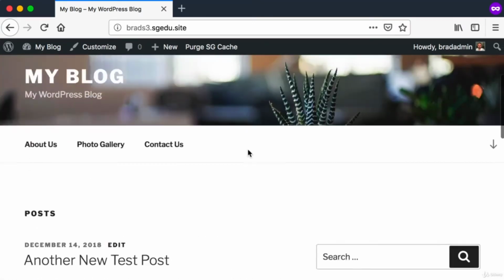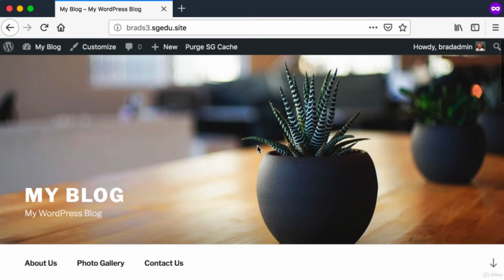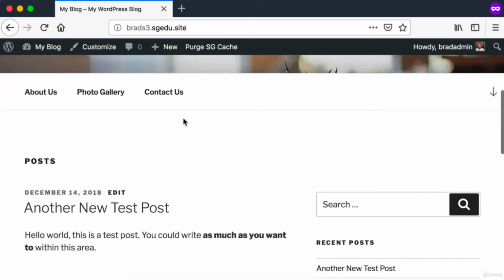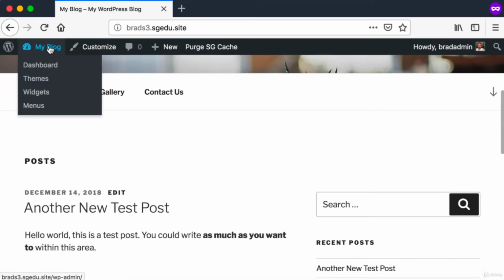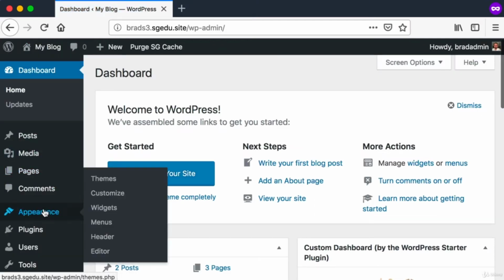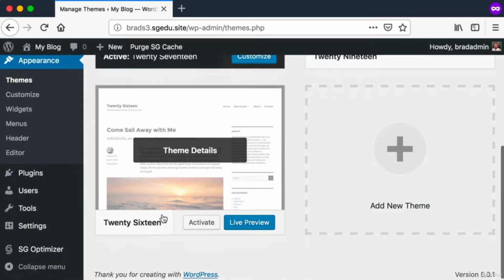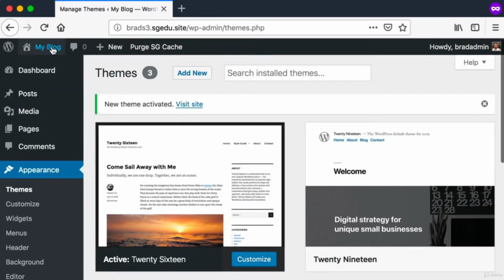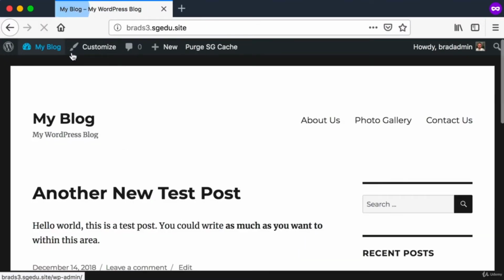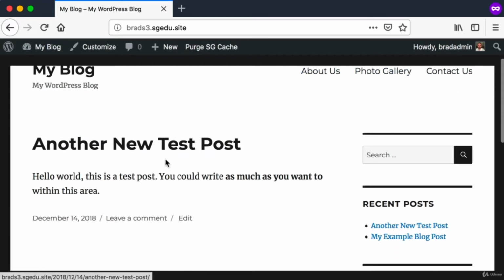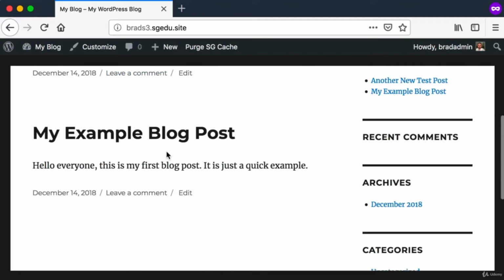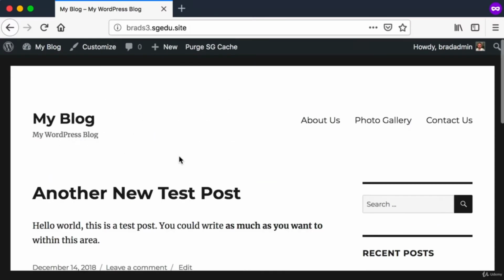And let's imagine that we don't really like this theme and we want to switch to yet another one. So I will just jump back to my admin dashboard, click on Appearance in the sidebar, and I'm going to try out the theme named 2016. So I will just click Activate, and then jump back to my public-facing website, and we can see that new theme in action. Now I really like this theme. It's the one that I'm going to stick with,